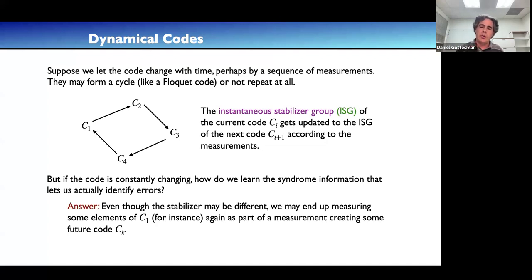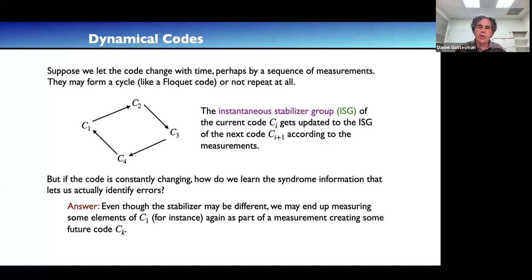And so this is a property that makes the whole notion of error correction a bit more subtle. And so the thing that we were studying was, how does that information accumulate? How do we learn the syndrome information if it's spread out over multiple time steps?